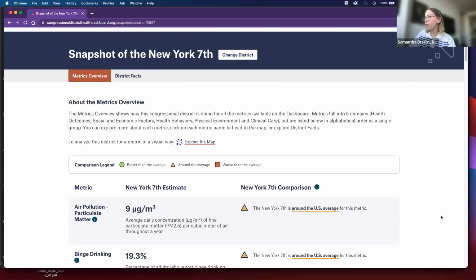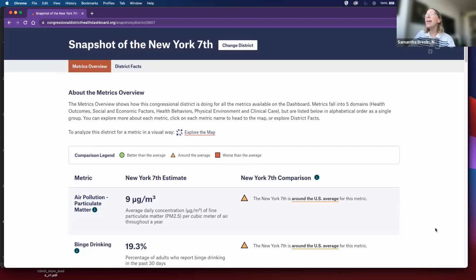But this metrics overview tab, I just want to show you, is really helpful in getting a quick 3,000 foot high level overview of how your district is performing across all of our measures.